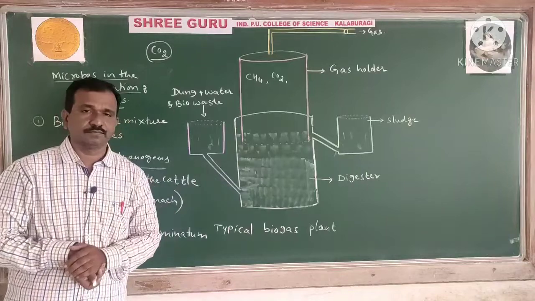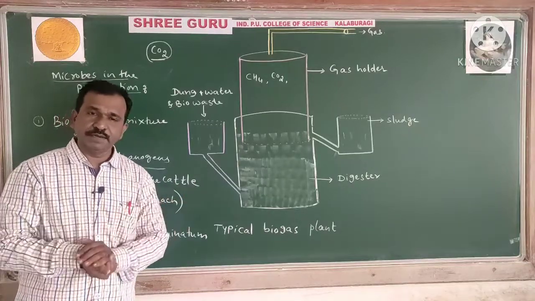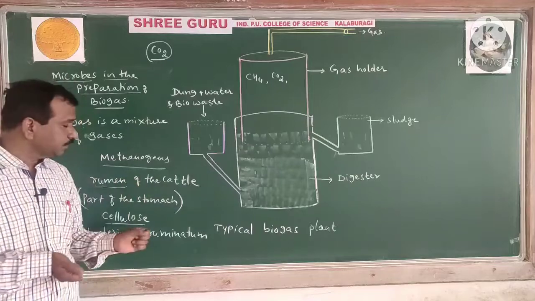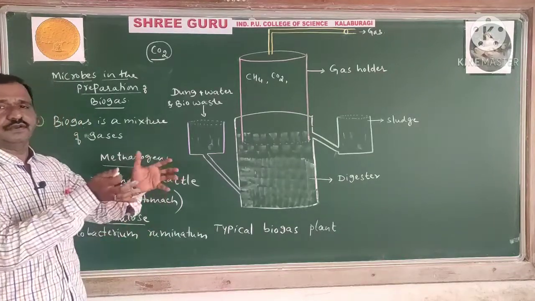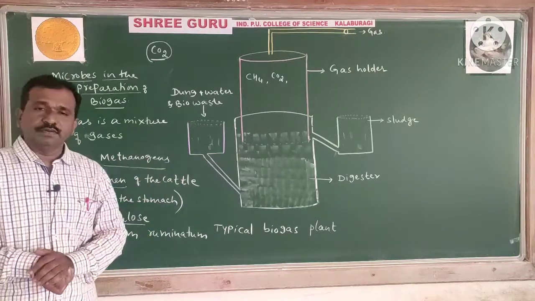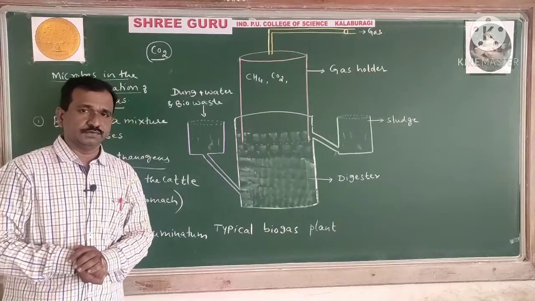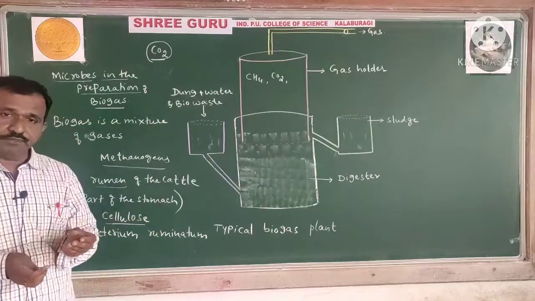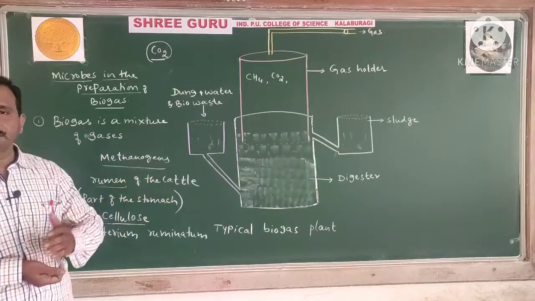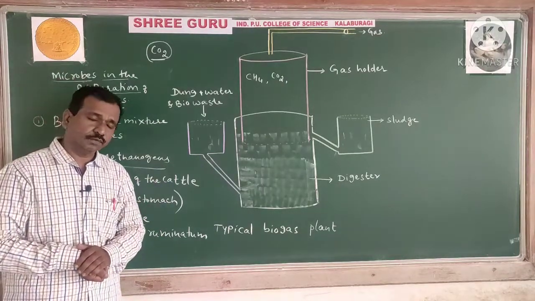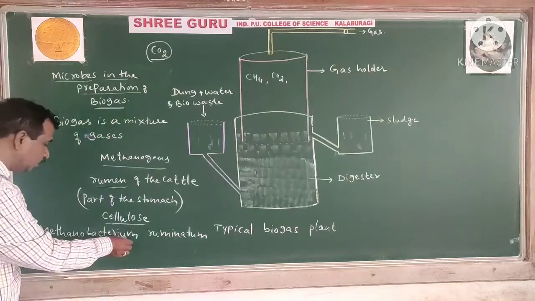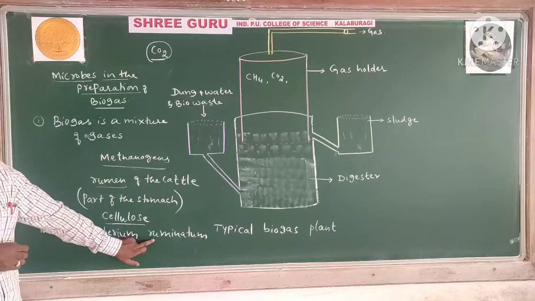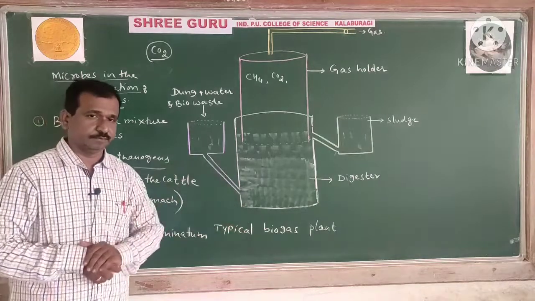This is one genus. So many kinds of bacteria are there because a mixture of gases will be there. Only one organism is not there. The main organisms are normally archaebacteria or the methanogens. Followed. Several kinds of species are going to be found here. Bacillus and others are also present. But Methanobacterium is the main part which is going to be found here. Ruminatum means of the rumen of the cattle.